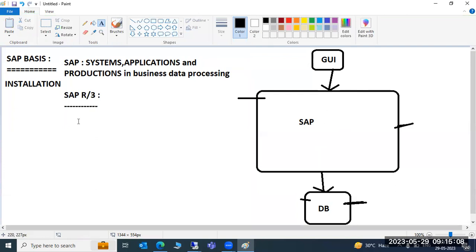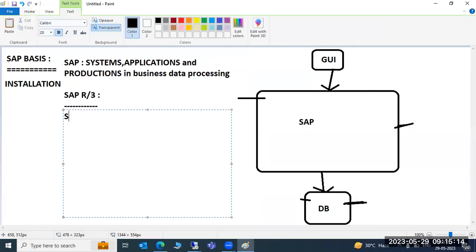So in 1972 they first implemented the SAP R1 architecture. Then in 1979 they released the R2 architecture.